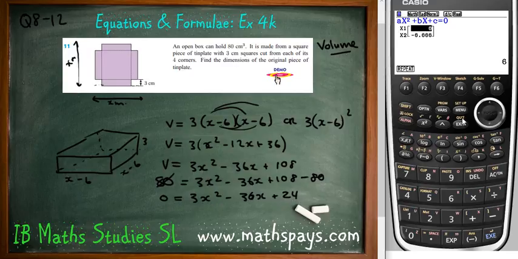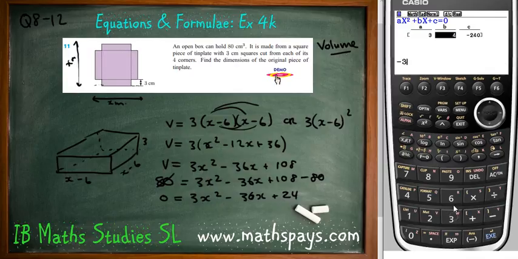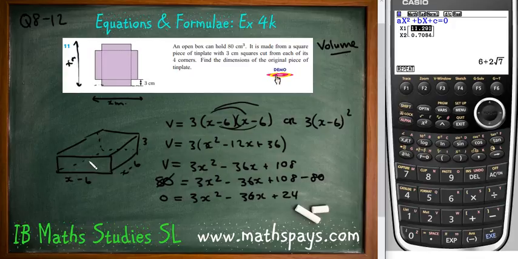Come to my calculator. Okay, so we're going to get exit. So we've got 3. We've got negative 36. We've got positive 24. We're going to press solve. Again, I haven't got a very nice number here, but I'll double check my working out and I know it's correct. So we can say that x is equal to 11.3 or